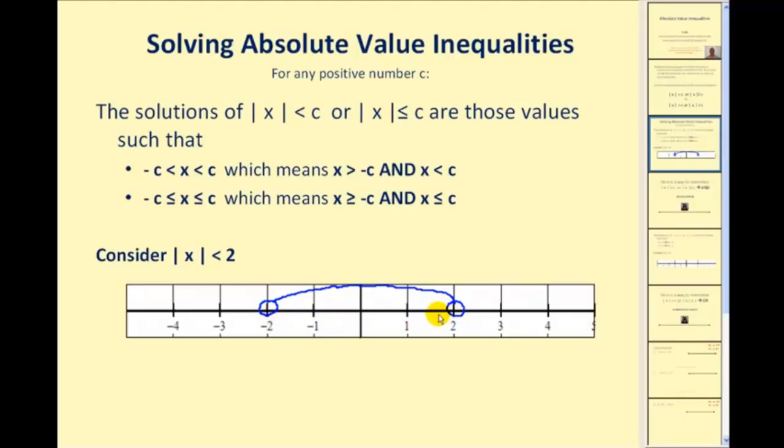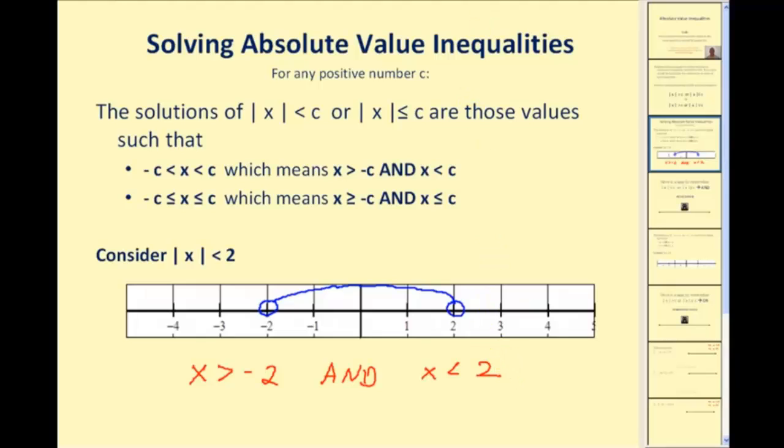This interval represents all the numbers whose distance from 0 would be less than 2. If we wanted to write this using inequalities, we'd have two inequalities connected with and. The first inequality would be x has to be greater than negative 2